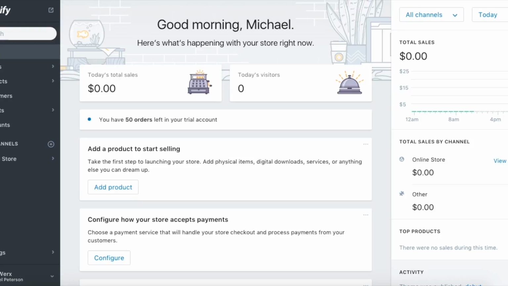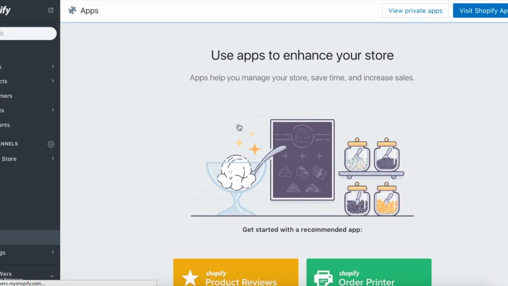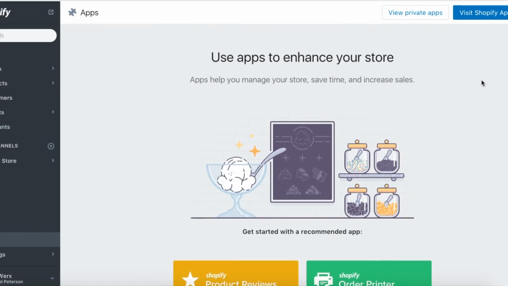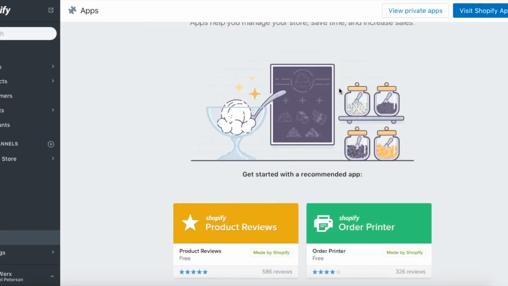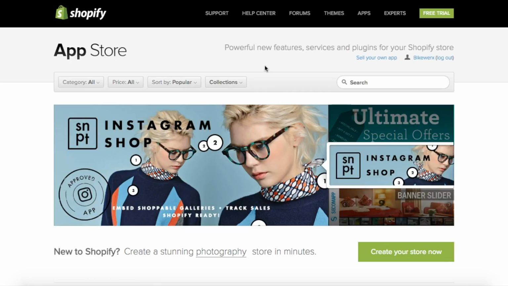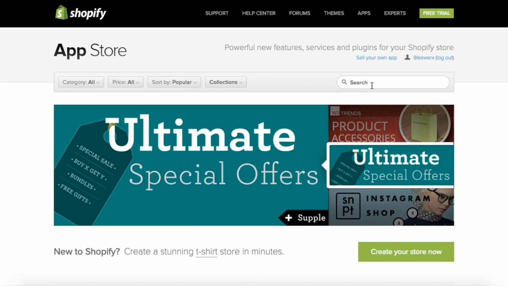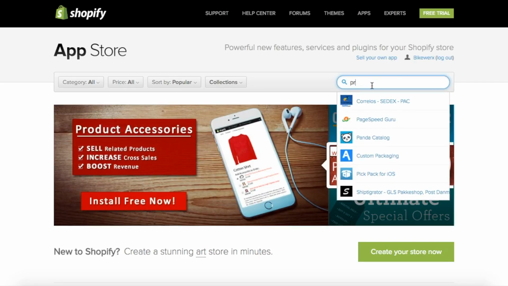Now we're going to get into the applications that are going to be helpful in your store to increase conversions, that you're going to use to add products, stuff like that. From the home page on your Shopify store, you're just going to go to the apps, and once you get in here, you'll see Visit the App Store because you have nothing installed yet. There's a few that I think you definitely need to have, and the first most important one is Privy,